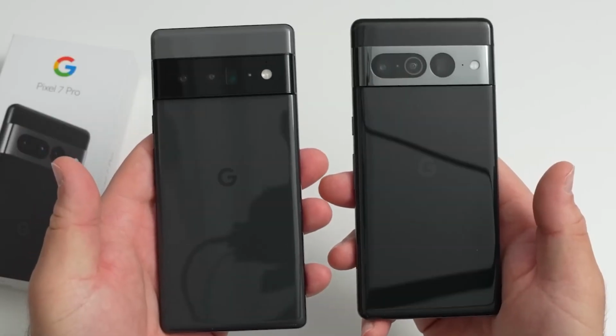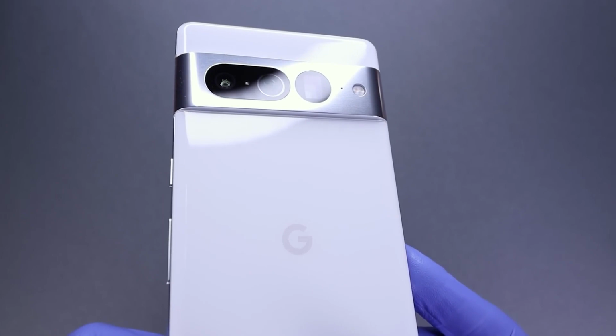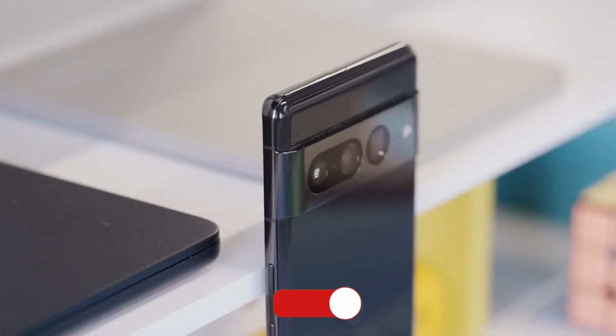Pro. It builds upon the design language of the Pixel 6 Pro while also providing us with the power of a Tensor chip of the second generation and several remarkable software capabilities. In this video, we will look at why you need the Google Pixel 7 Pro and why you should buy